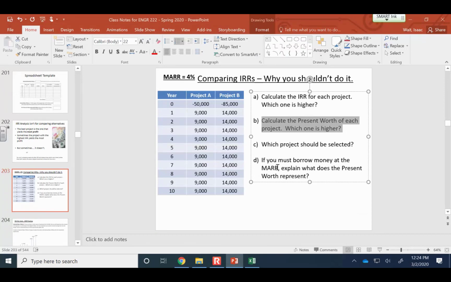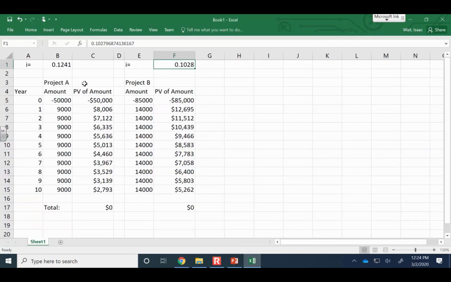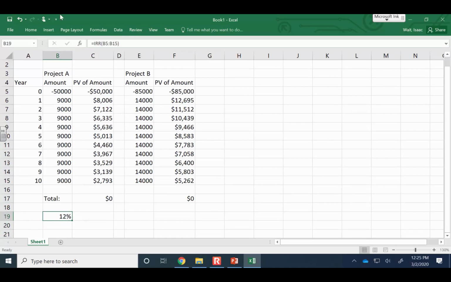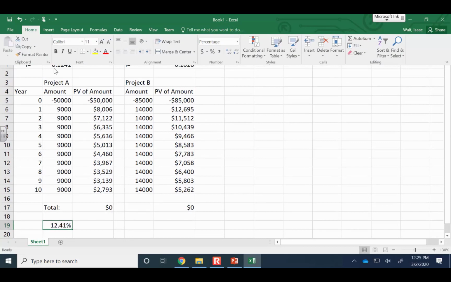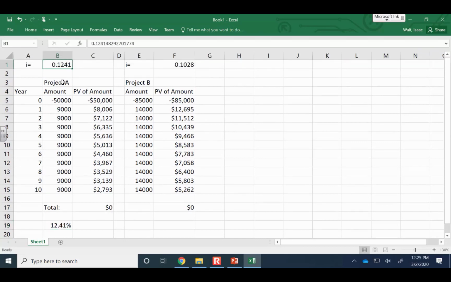Okay, which project has the higher internal rate of return? Well, according to this, project B has the better internal rate of return. And just remember that we can also do it the easy way. The easy way to find the internal rate of return is just equals IRR, and then you put in the original cash flow, not the present value of the cash flow, but the original cash flow, and it'll calculate the same 12.41 that we got the long way. I just think it's important for you to understand what's happening in the background when you use a complex function